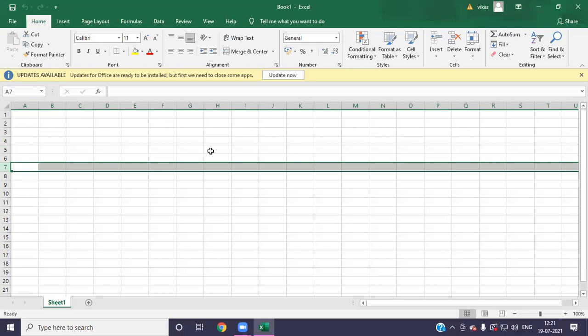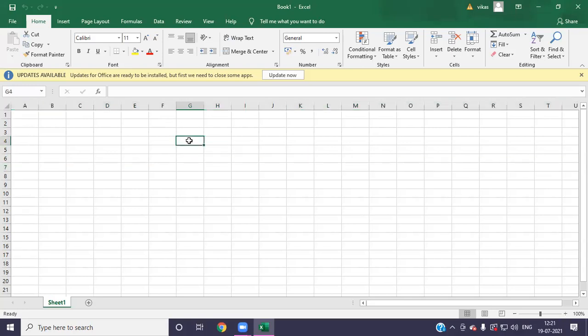That means if we are clicking here, we will see in front of which column and which row number we have clicked. That is the address of the particular cell. We have clicked here. So what is the column name? G. What is the row name? 4. Row number 4.